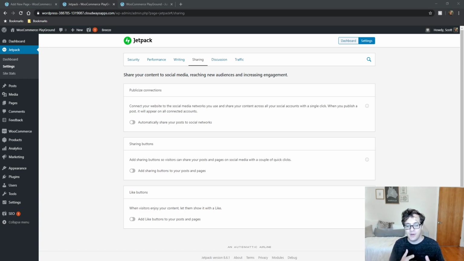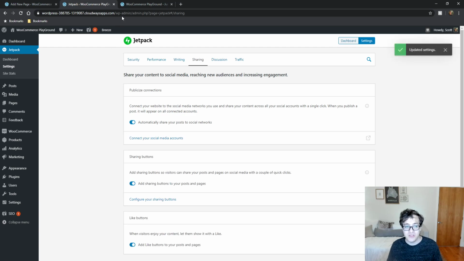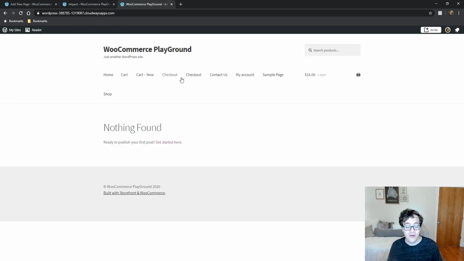You also get like buttons, which is kind of a silly feature. It is not a Facebook like button. This is something that a lot of people ask me for. No, this is not what you think it's for. It's actually to enable a WordPress.com specific feature. If anyone here actually reads the